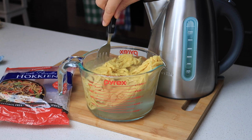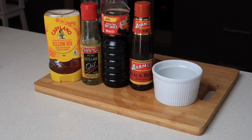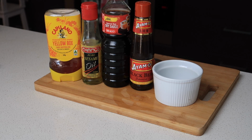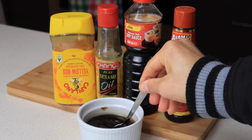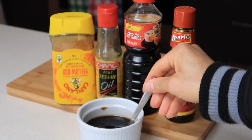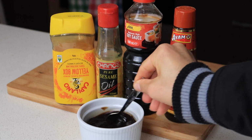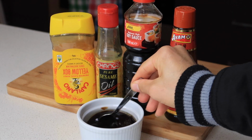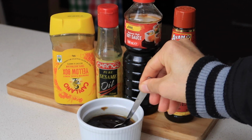Next, Dave created the sauce using honey, sesame oil, soy sauce and black bean sauce. Personally, I think there was too much soy sauce in it. The sauce wanted 1/3 of a cup of black bean sauce as well as soy sauce, and personally I think 1/3 of a cup of soy sauce was just too much. It was just too salty. So next time we'll do a little bit less of that, and then it had 2 teaspoons of sesame oil